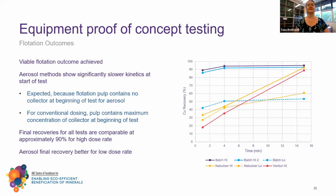Okay, so let's have a look at the results. So we definitely did produce a viable flotation outcome with all the methods. The initial recoveries for the aerosol methods were lower than the batch method, and this is expected because for the aerosol methods we begin the flotation test with no collector in the test, and then that steadily increases as we go through the test. For the high collector doses, which are the solid lines, you can see we essentially end at the same recovery for all the methods. The Venturi is a little bit lower, but that could be within the margin of error for the tests. For the low dose, again, we start with lower initial recoveries than for the batch method, but we end off